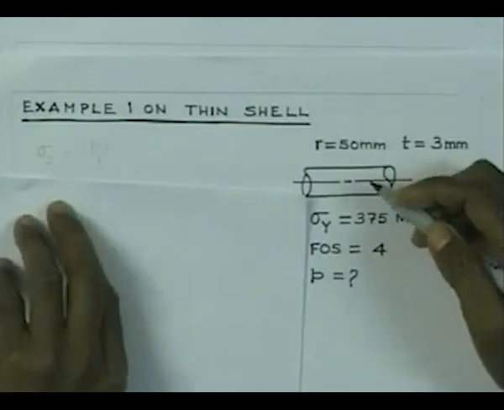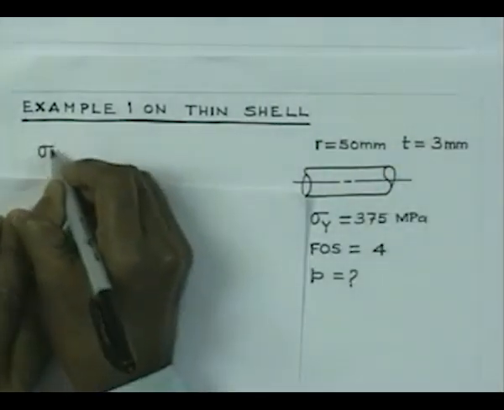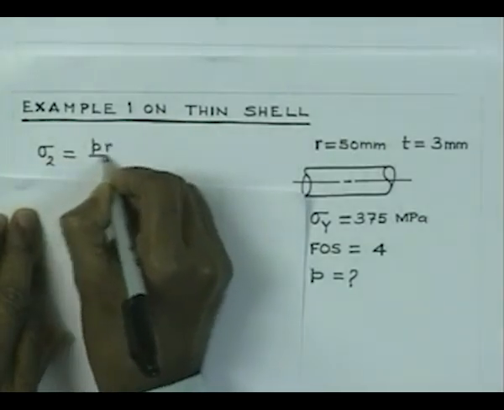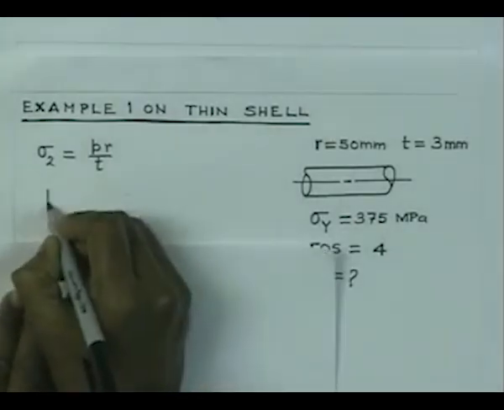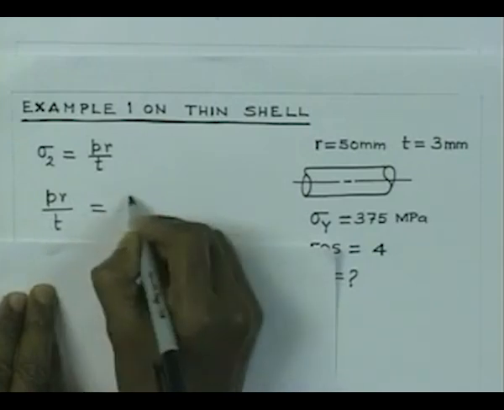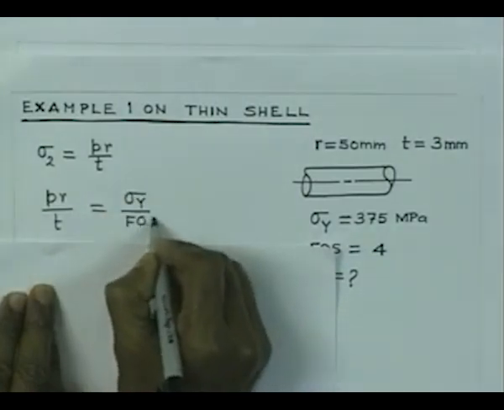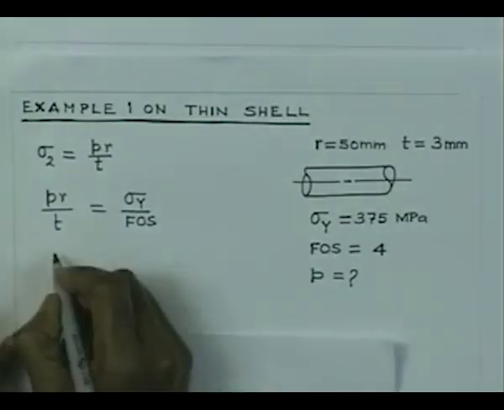So, the design equation becomes, in this case obviously the highest stress is hoop stress, which is nothing but sigma 2 equal to PR by T. So, sigma 2 is equal to PR by T, and that should be limited by sigma y by the factor of safety, and therefore, once you do the calculations, you get this